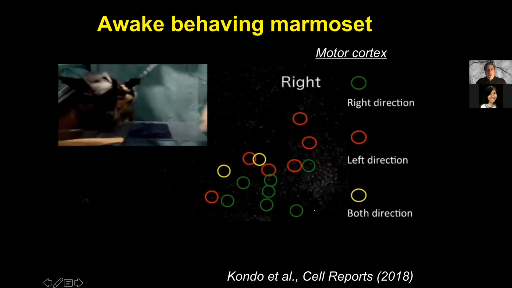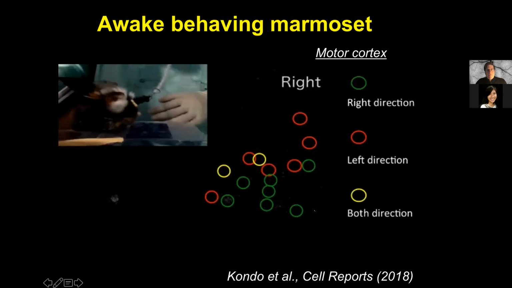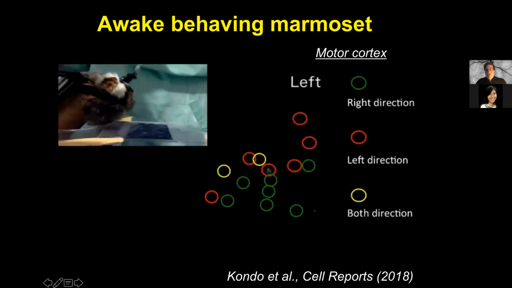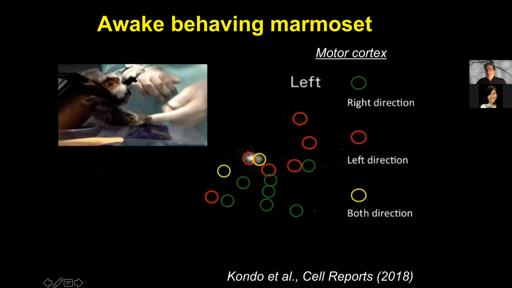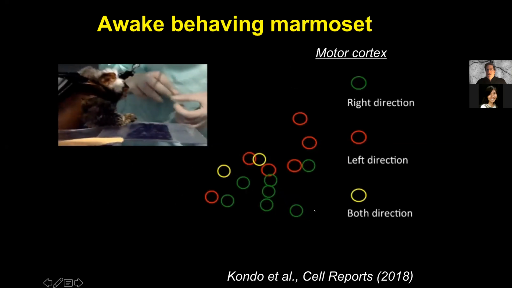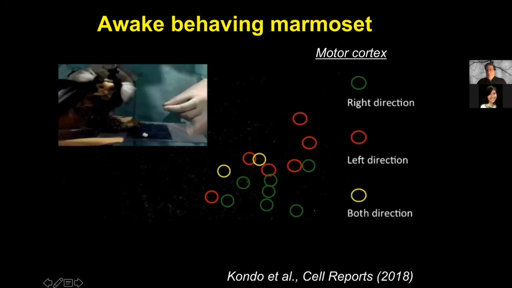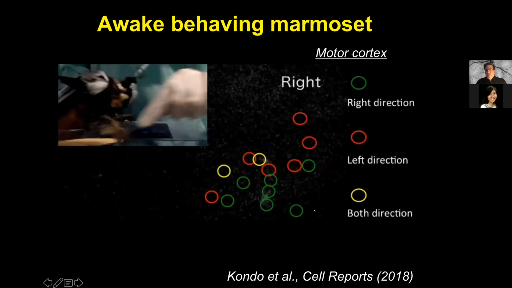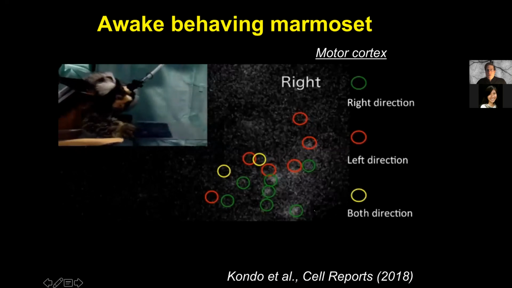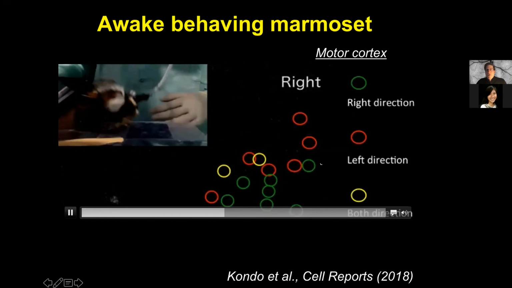You can see the animals wearing the microscope. And the animal is being given food pellets as reward. And meanwhile, you can track activity here in the motor cortex. And you can see some of the cells, which are marked there with different colored circles, that are active when the animal reaches to the left, the right, or in both directions. Here's another